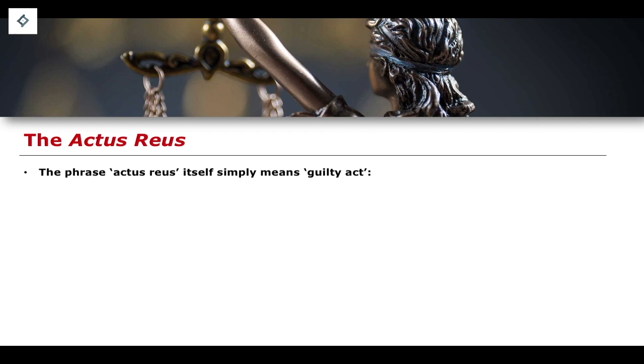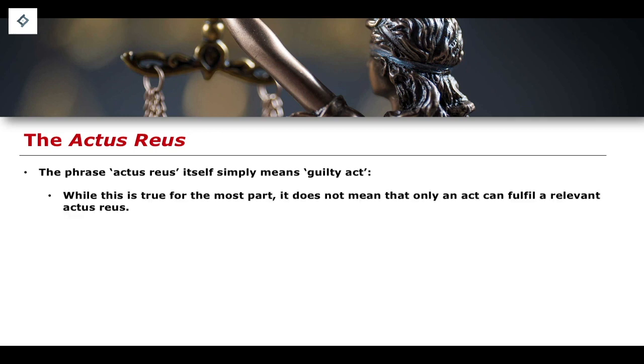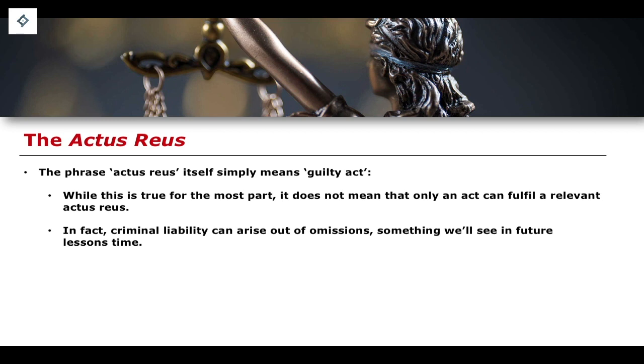Beginning first then, the Actus Reus, the phrase itself, if we were to just translate it, simply means guilty act. And so, while this is true for the most part, it doesn't mean necessarily that an act is required to fulfill an Actus Reus for an offence. We will get to omissions in the future. But for now, the idea of an Actus Reus is the guilty act, essentially doing the thing that leads to criminal liability. So if it is murder, then it is doing the murdering, doing the actual physical act itself that